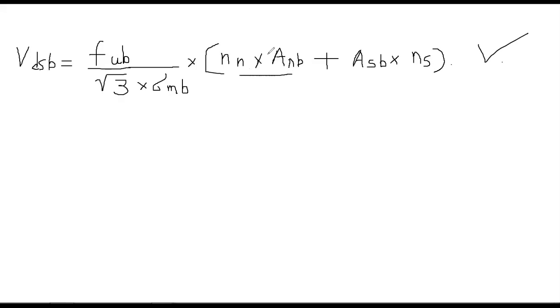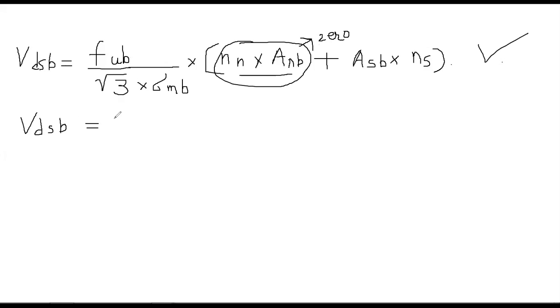Now this value will be 0. This value is 0 because the value of Nn will be 0 here. Number of shearing planes through the thread is 0. So this value ultimately becomes 0. Okay, now after that we are going to calculate this value, that is the VDSB is equal to